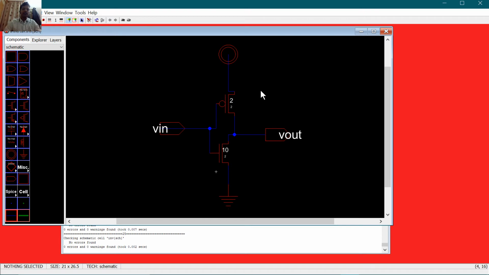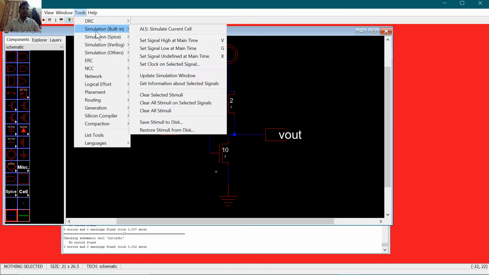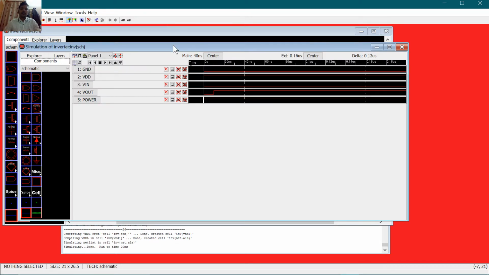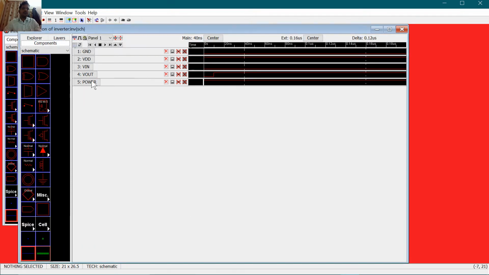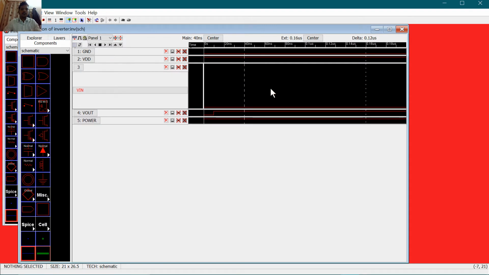Next is, once we have our schematic ready without any errors, we'll try to simulate it. Go to Tools, Simulate, Built-in ALS. So we have all the possible waves here. What we have to observe is VIN and VOut are to be opposite. VOut is the inverting of VIN. There will be a small delay here because of the characteristics of PMOS and NMOS. We'll ignore this delay, but we can observe that VIN, I'll just expand this wave, VIN is 0,